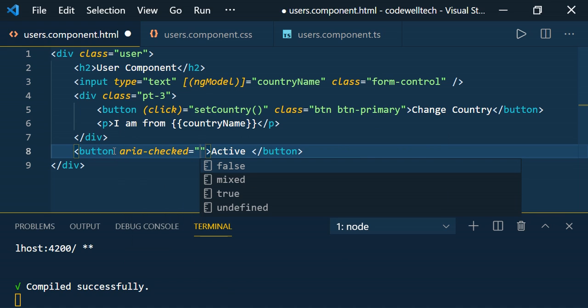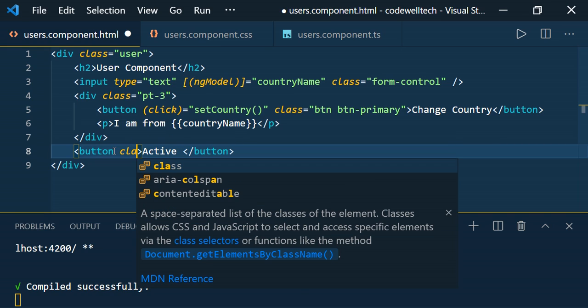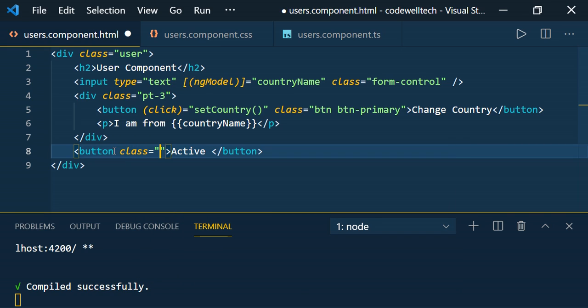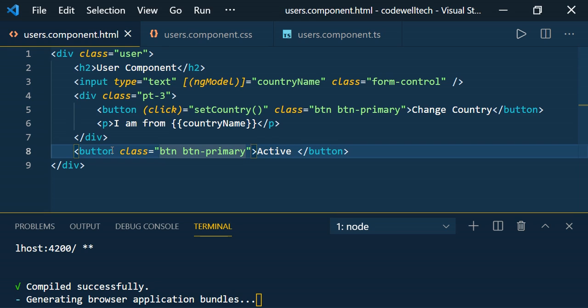I'm going to add one Bootstrap button here, so I'm going to add one Bootstrap class. We know that we already added Bootstrap to this application. If you don't know how to add it, please watch my video. Now save it.